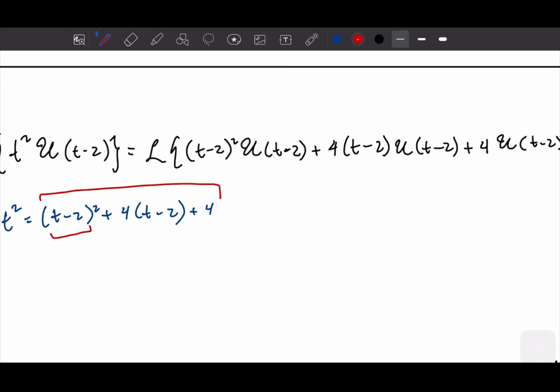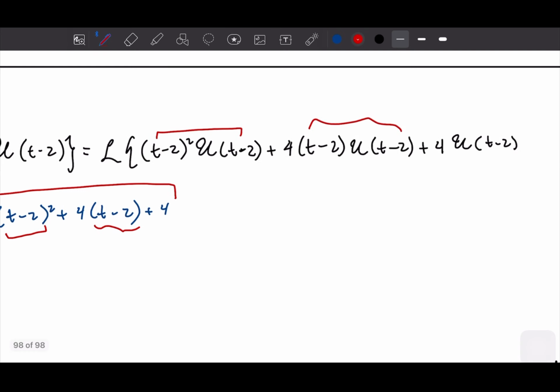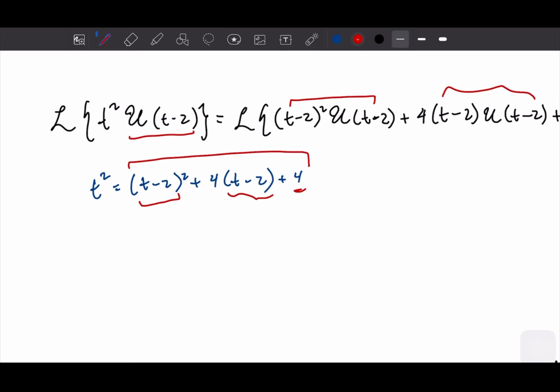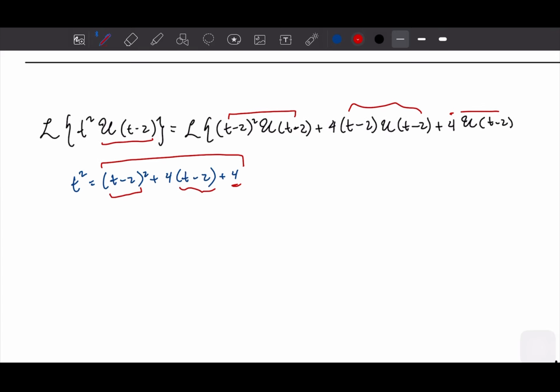So we could write from this part for this one, and for this part is this one, and the last one is the constant form, and multiply with the Heaviside also. So when we multiply with the Heaviside like this, if we Laplace and multiply the Heaviside, then we have to multiply all this. So it is quite tiresome because you need to provide the proof that this t squared is equal to this expansion. However,